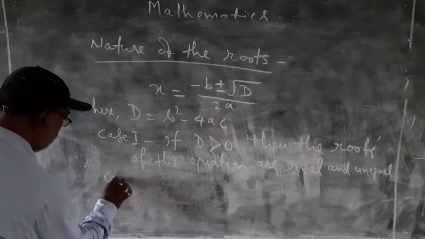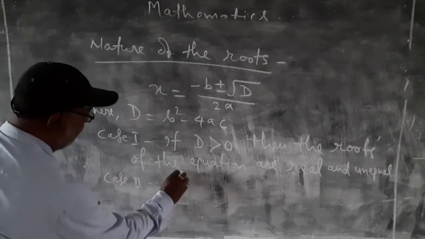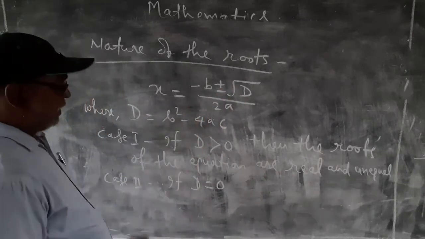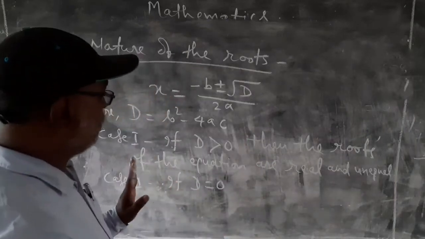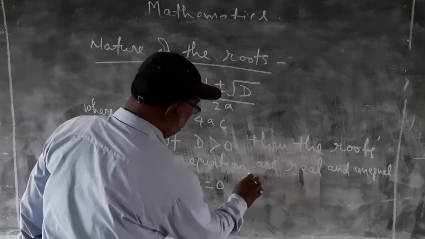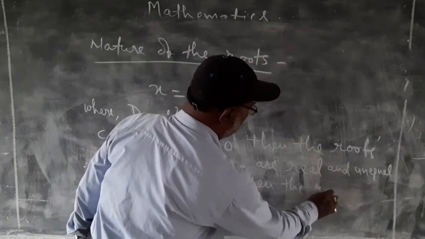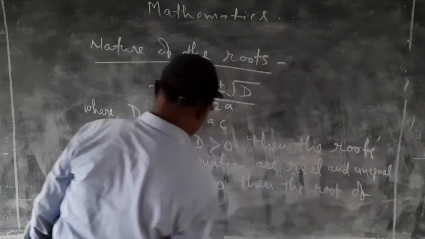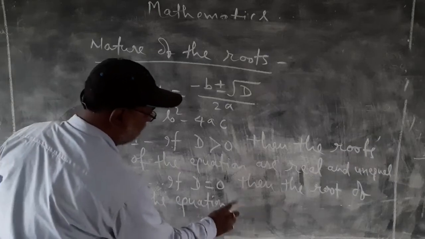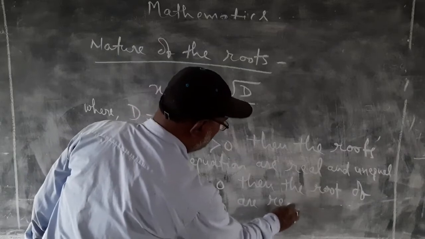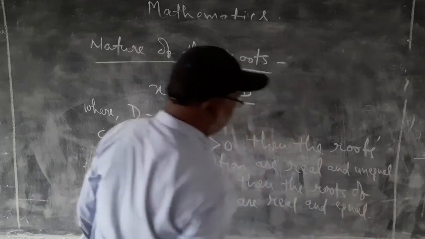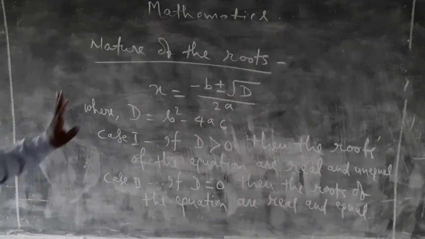Now, case 2: if d is equal to 0, then there is only one root. Both roots will be equal, but the roots are real also. Then the roots of the equation are real and equal. Although there are two roots, both the roots will be equal, because this one is a quadratic